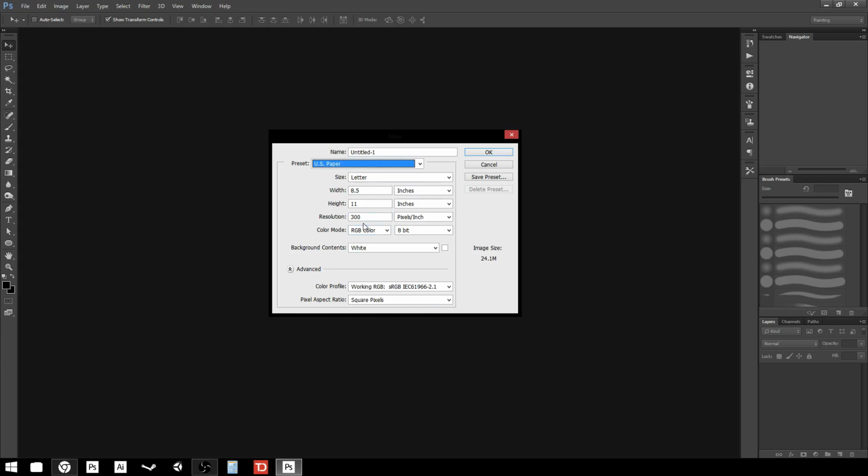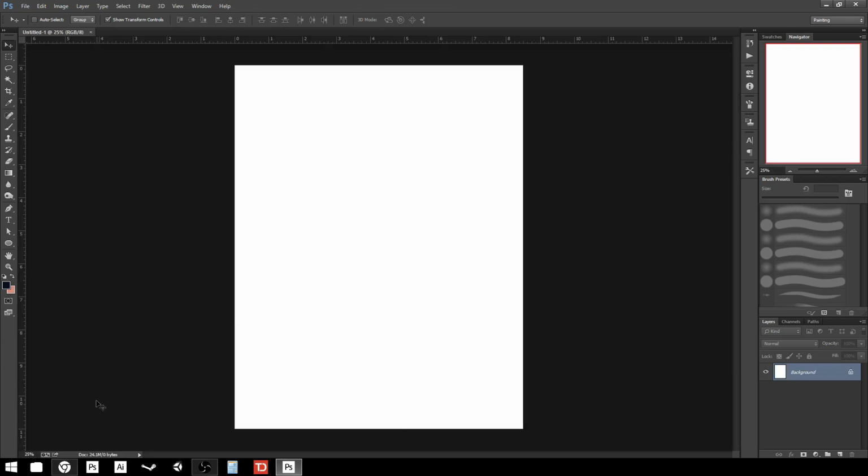So with that you have to have an additional number here, which is the resolution, or pixels per inch. The default state for a piece of paper for something that you intend to print is a resolution of 300 pixels per inch. You can also alter your color mode. We'll talk more about that in class, but I'm just going to hit OK,